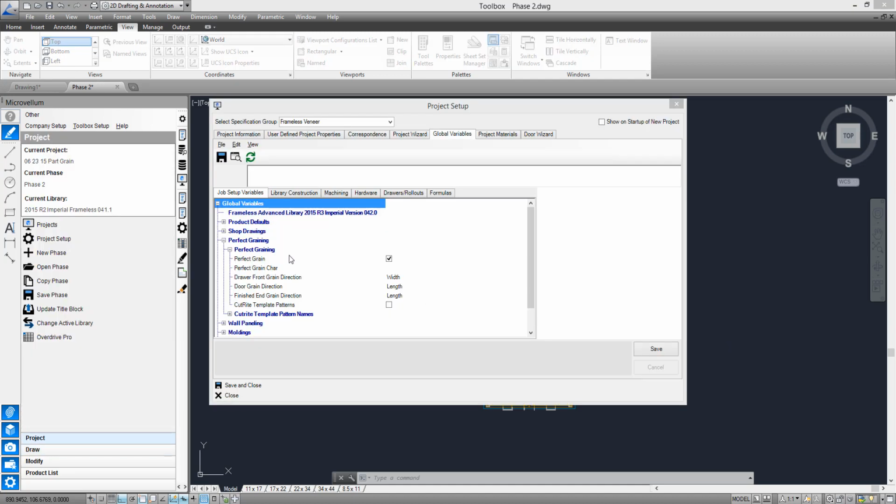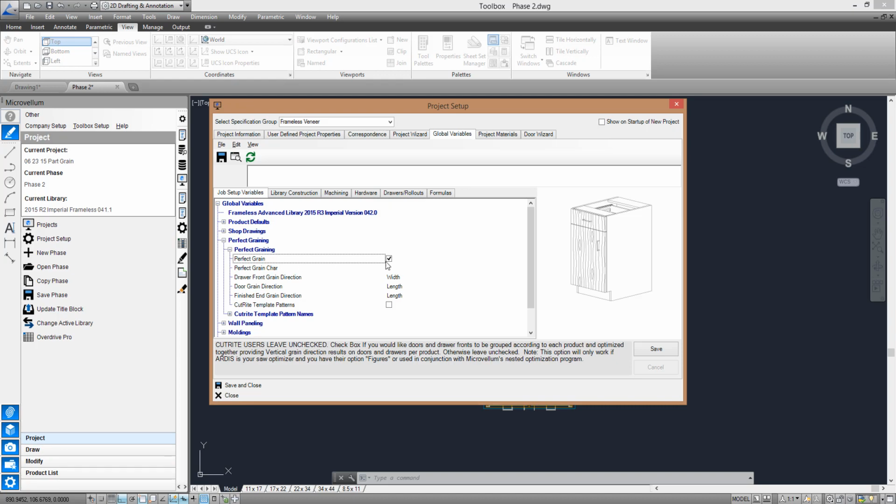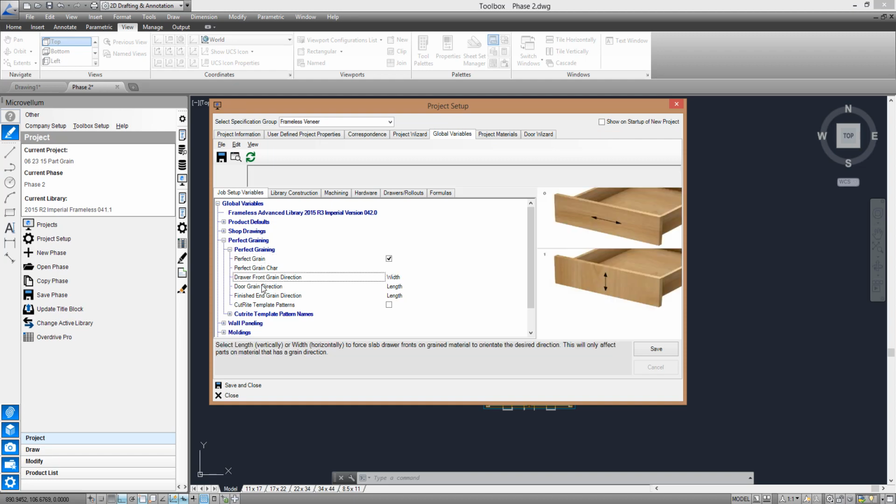So in the globals, we've always had this perfect grain. I've had this selection on. It works the same if you turn it off. And we've always had the drawer front grain direction, and previously it was a checkbox, which is odd. It was because that's when it was developed. We did not have combo boxes. So now you can,